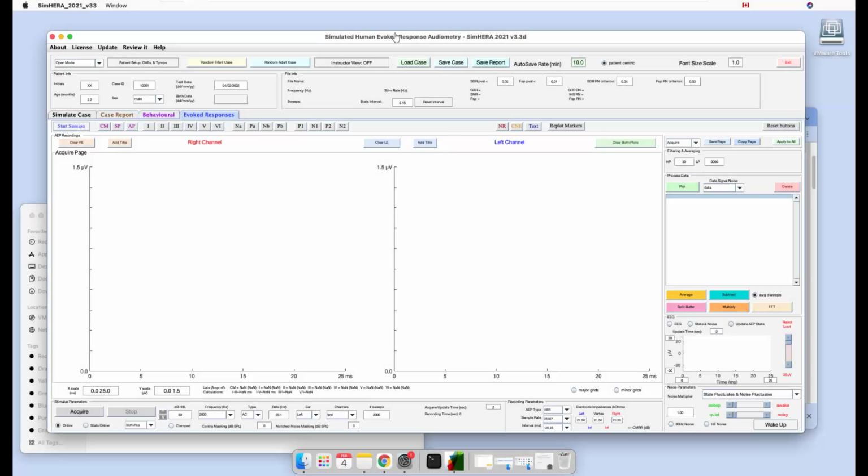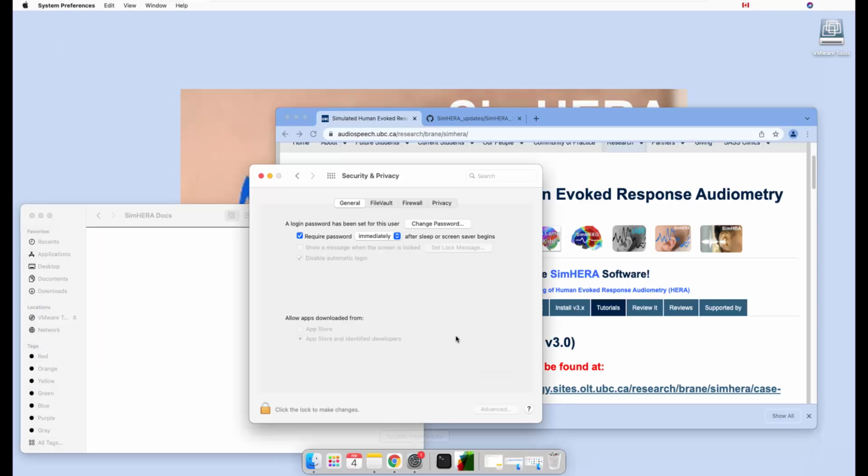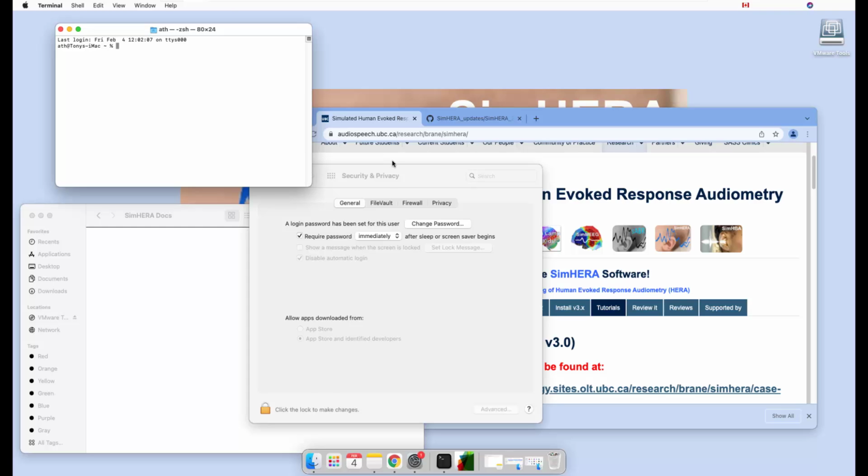All right, now that we have SimHERA up and running and installed, I'm going to go back and show you how to turn on the settings from anywhere, in case. So if we go back to Security and Privacy in your settings, and you do not see the option to open SimHERA, here is how to circumvent that. What we're going to need to do is find a terminal. If you can't find your terminal, go to your Launchpad and type in Terminal, and you'll see it come up. We click on Terminal here, and then we're going to enter a couple of commands into that terminal,